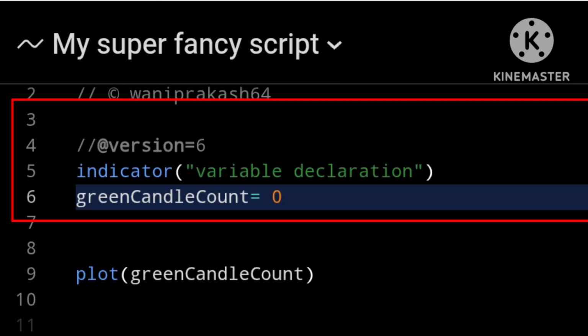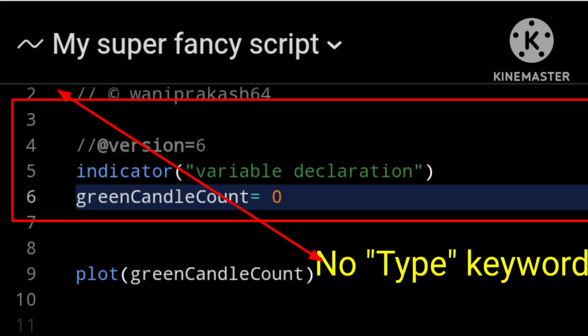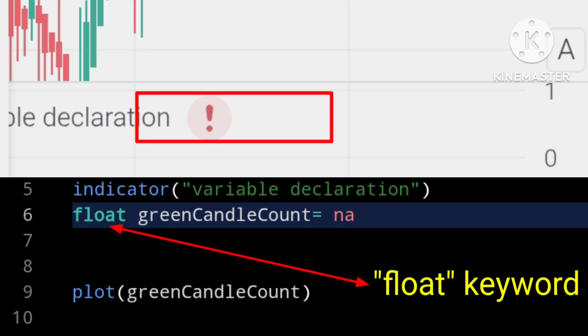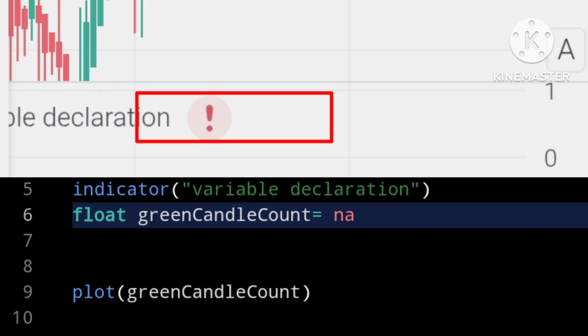Line 7: value with any type cannot be assigned to a variable that was defined without a type keyword. So we cannot declare green candle count as NA. But if we add float on the end and save the script, this will now compile and we are now plotting NA onto the chart. So that is one useful way of declaring a data type with nothing as its initial value.